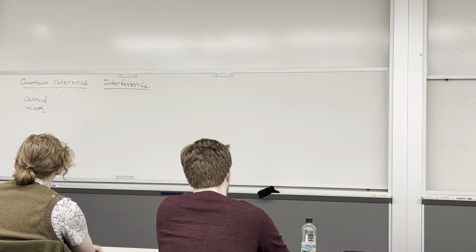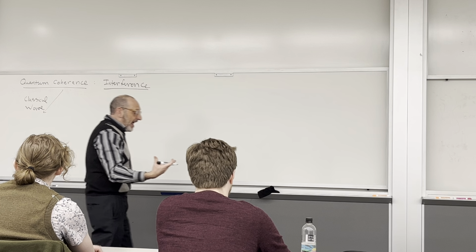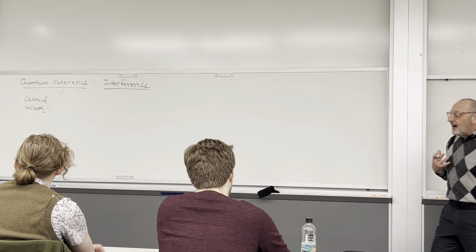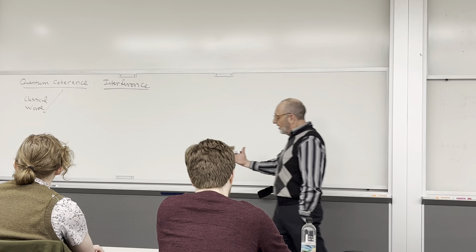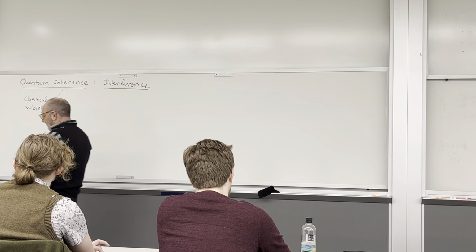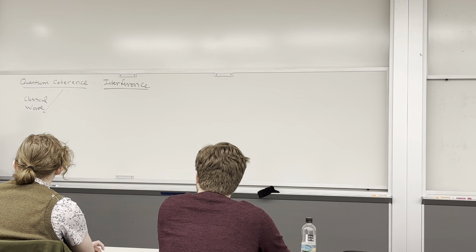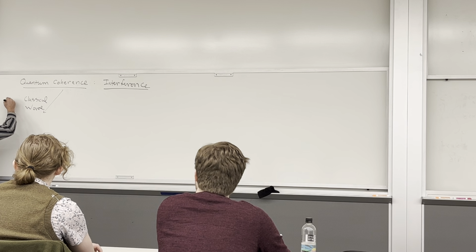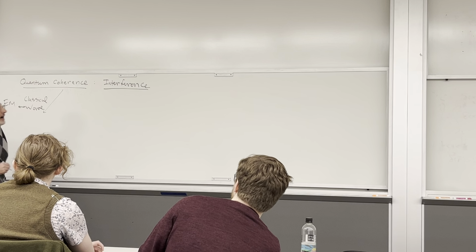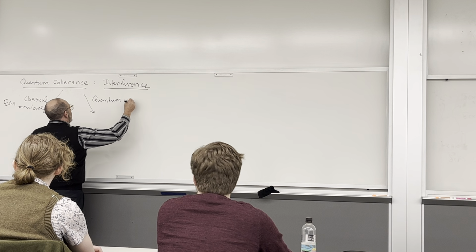That is to say, when we have vibrations of something that satisfy some kind of linear response, we can have interference between those oscillations, as in the electromagnetic wave, right? Whereas if we think about quantum interference,